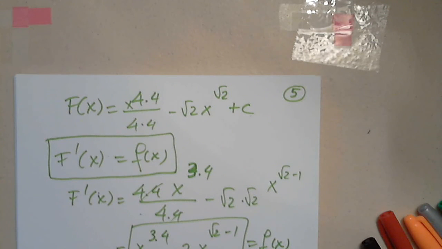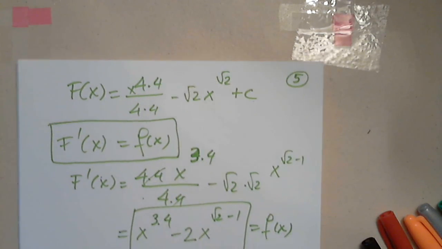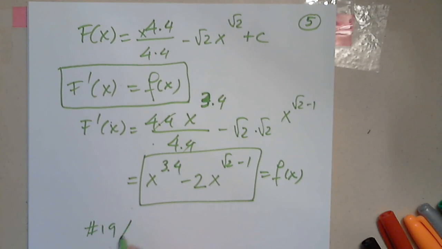Okay, so let's look at more human examples, like here's 19 on the same page. Same question. So 348. Same question we're asked to find. So this is f of x equals